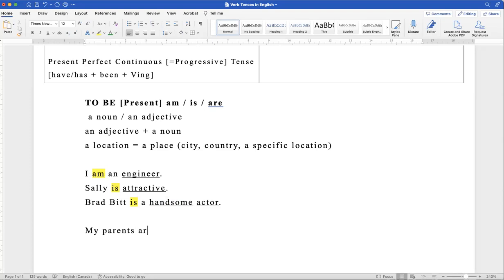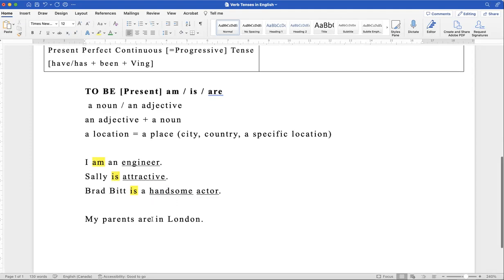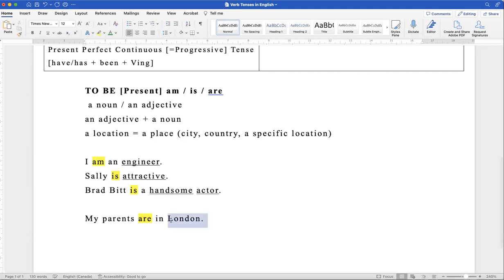My parents are in London. So in this case, "are" is to be, present form, and London is the location, or "in London" is the location. So this is another option. Or